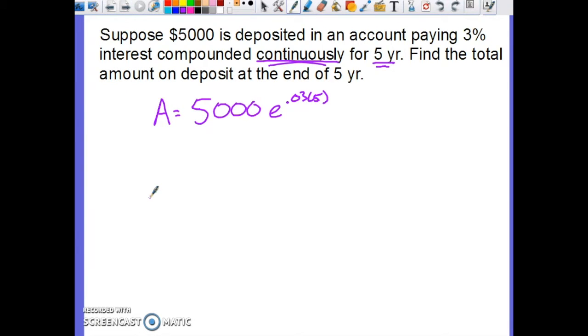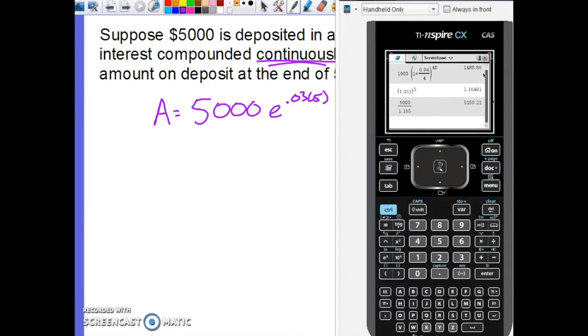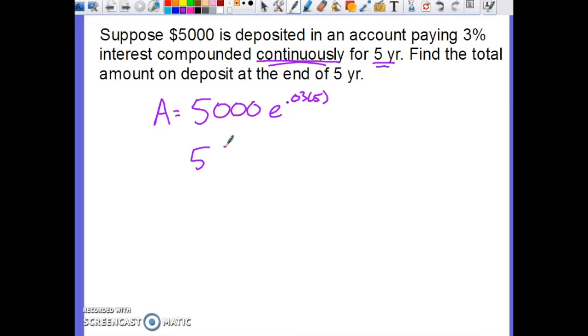We take our calculator and do 5,000 times e to the 0.03 times 5, and that will give us our final answer. If we're compounding continuously for 5 years, we're going to make $5,809.17